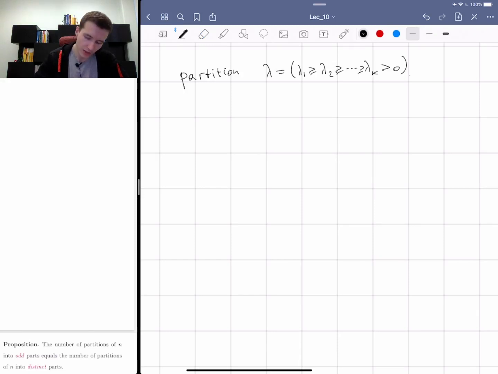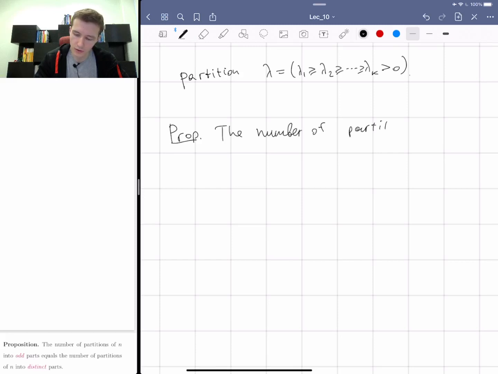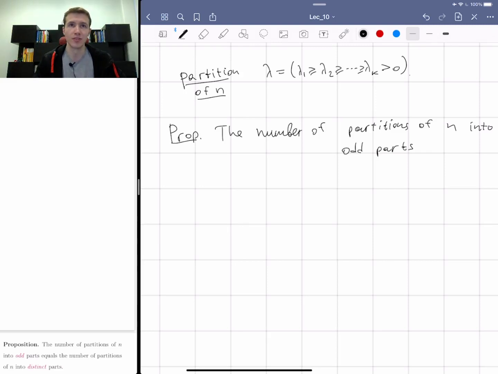And the curious claim, which I'm going to prove today, is that the number of partitions of n, so that's partition of a number as opposed to of a set, into odd parts. So odd parts means each part has to be odd. Not that the number of parts has to be odd, but each individual part has to be odd. So this number equals